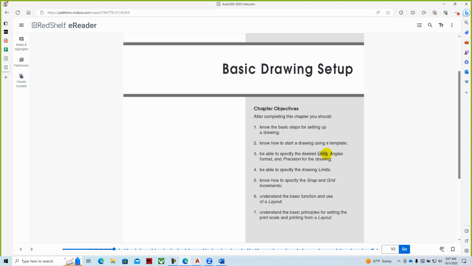Okay, units are set. Either you program them in or you go through and you choose the correct title block. And what the title blocks have done is we've set up the limits, grid and snap, and then some of these other basic functions like layers and line types. And so as we look at the chapter